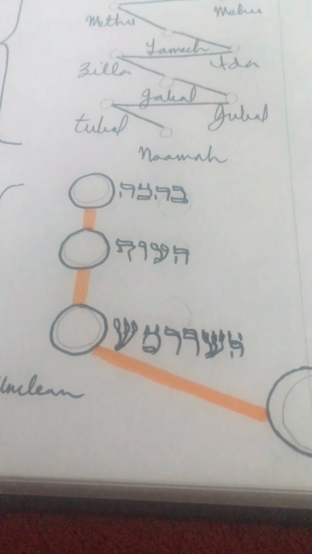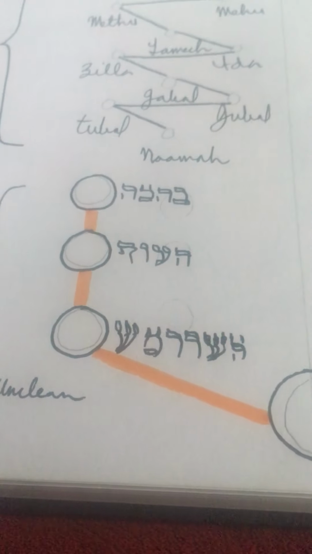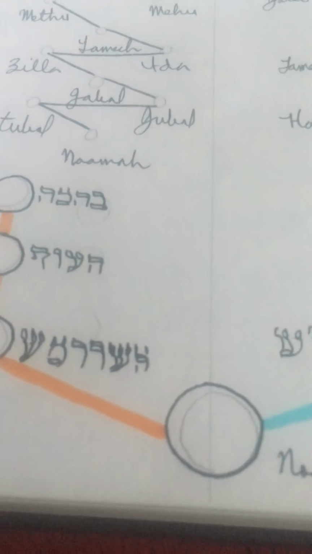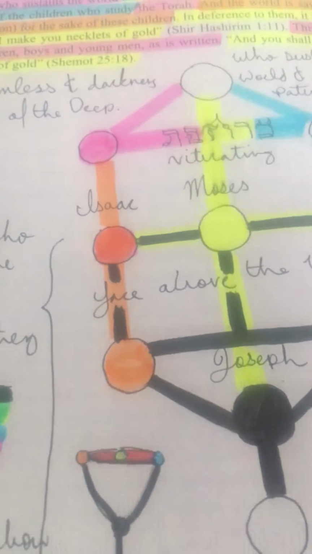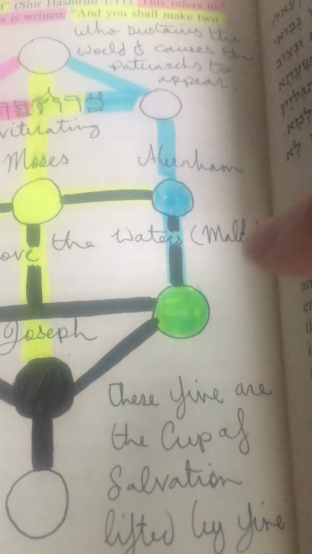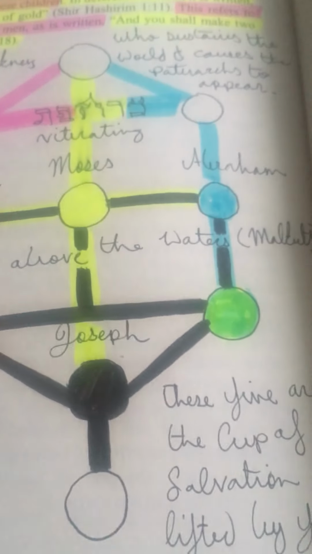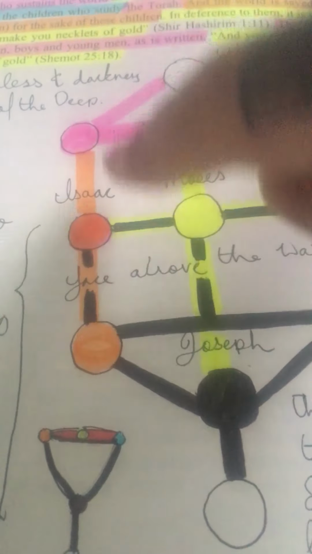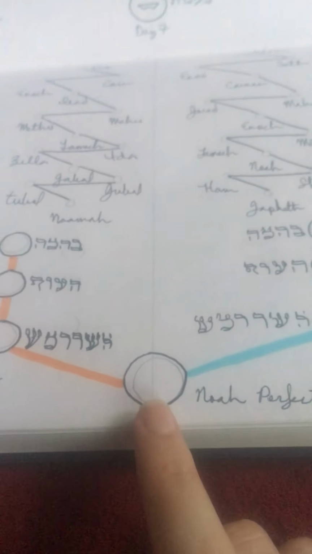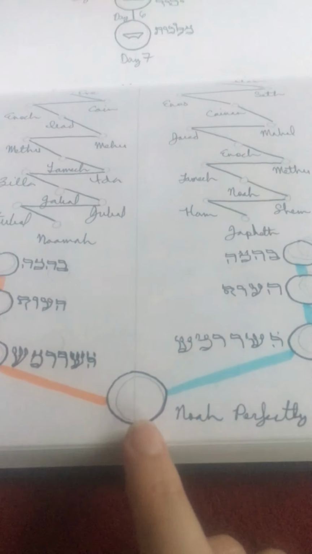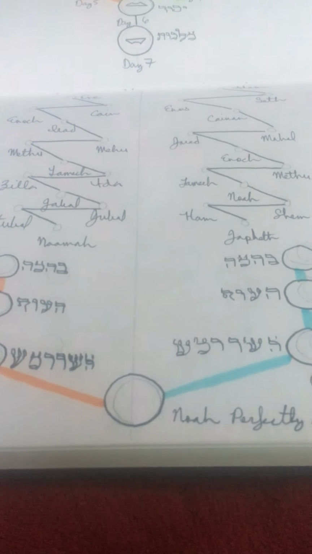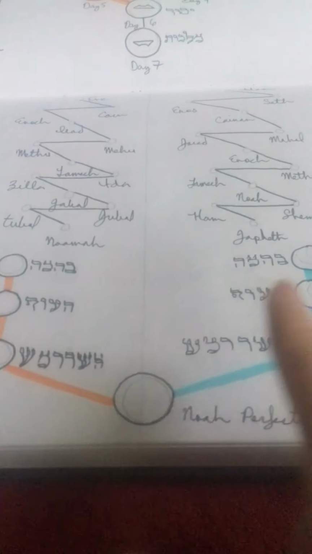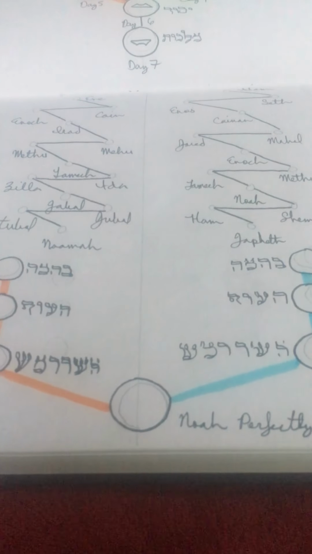And shani is scarlet, representing the left side. For the tree has 3 sephiroth to the left side, 3 to the right side, representing the unclean and the clean respectively. And Noach, being called perfectly righteous, is Yesod, which is the strengthening of these 2 pillars down, and the gathering into himself as Noach gathers these to himself.